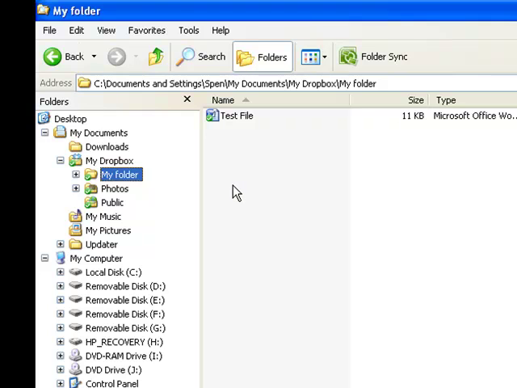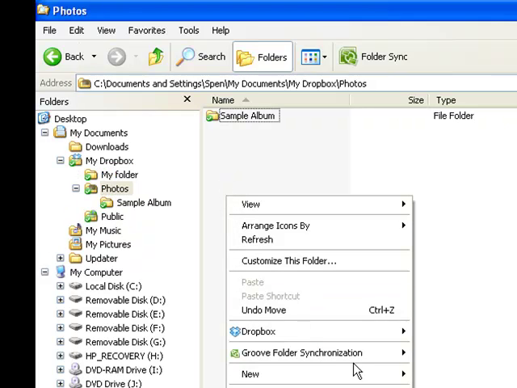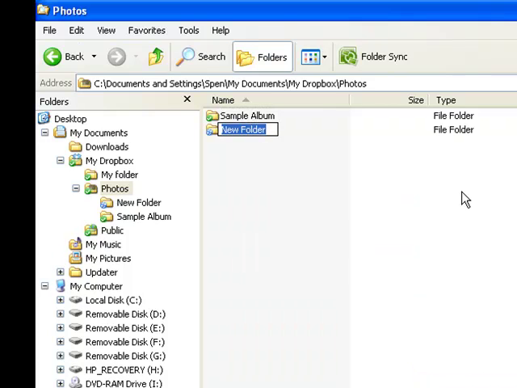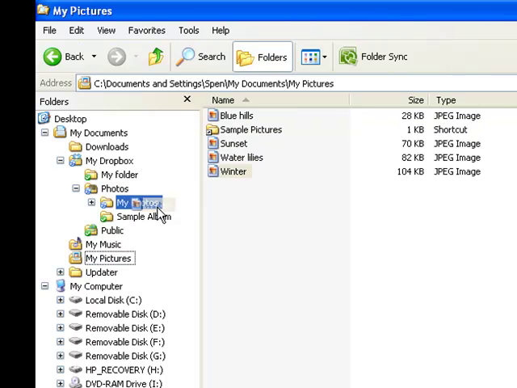Now let's look at the photo backup and sharing features. First, you need to make a folder inside your Dropbox Photos folder. This will be the name of the gallery. Drag your photos to the new gallery folder and your photos are instantly synced to the server. Again, that's it. Simple. Now your photos are safely stored on the Dropbox server and you can view and share